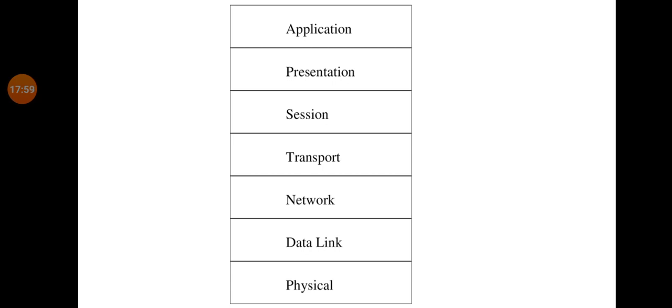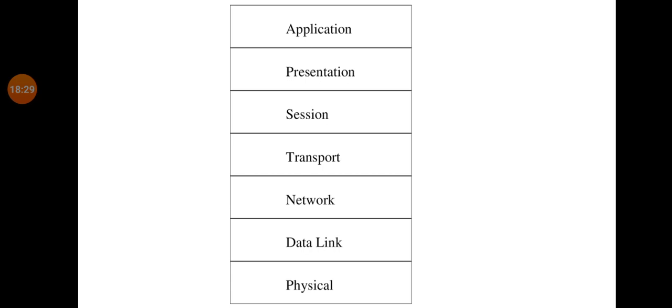Now come to the next and last layer of the OSI model, that is the application layer. The application layer's main function is that it enables users to access the network. This layer is at the top of all other layers as shown in the diagram. It contains a variety of protocols that are commonly needed by users depending upon their work.